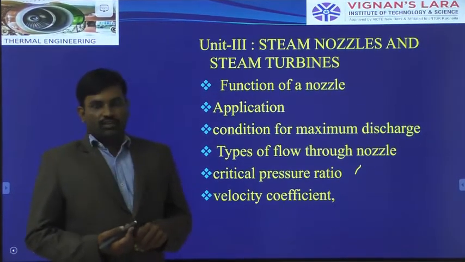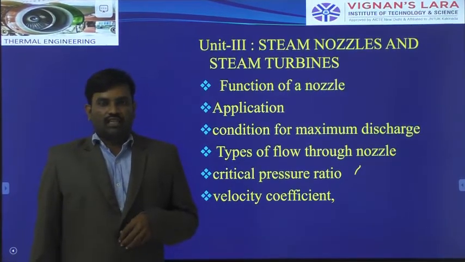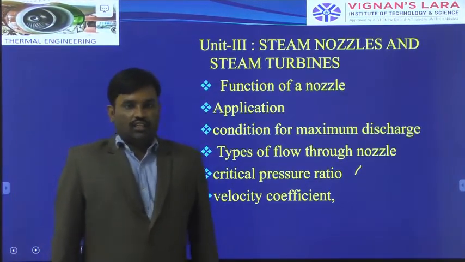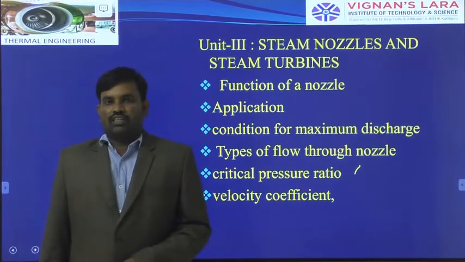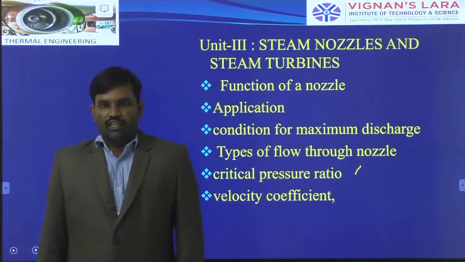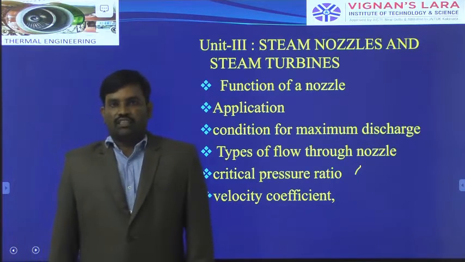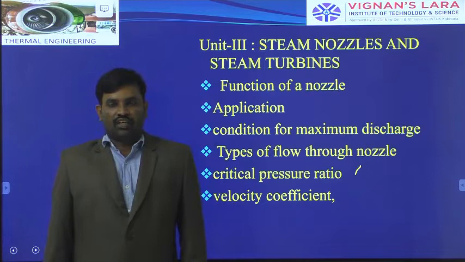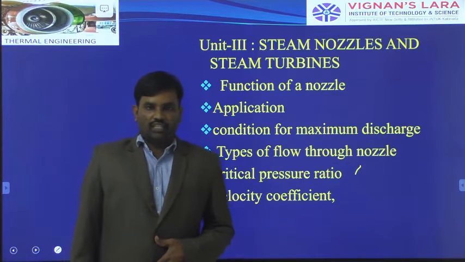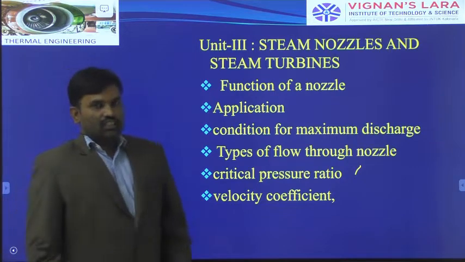Today we will discuss Unit 3. After now we have completed 2 units. In the first unit, we discussed the operating cycle of a steam power plant. In the second unit, we discussed the types of boilers and the basic function of a boiler, the necessary components of the boiler, the different boiler accessories and boiler mountings and their functions, boiler performance, and natural draft, how we produce the natural draft, how we create the chimney, and how we select a desired height of chimney. Up to now we discussed 2 units.